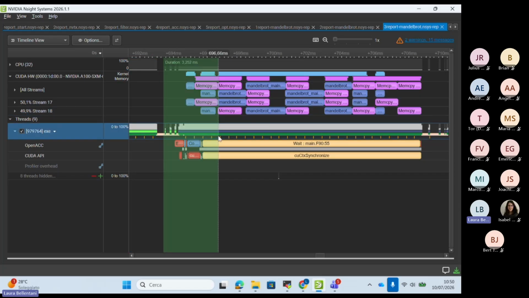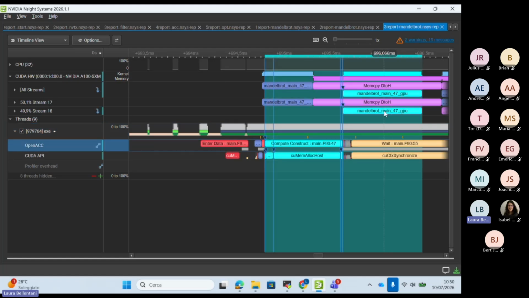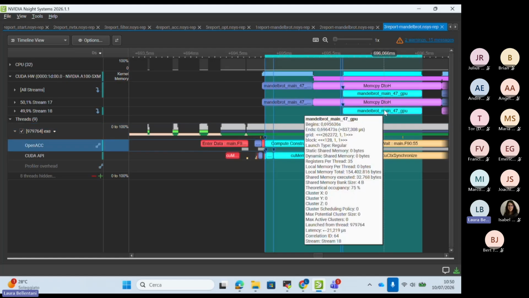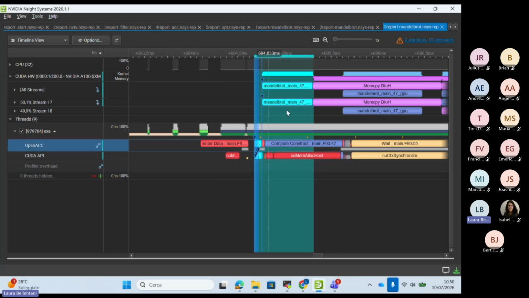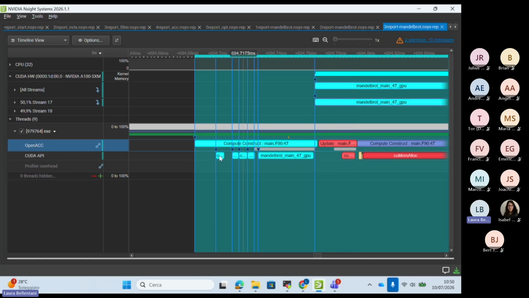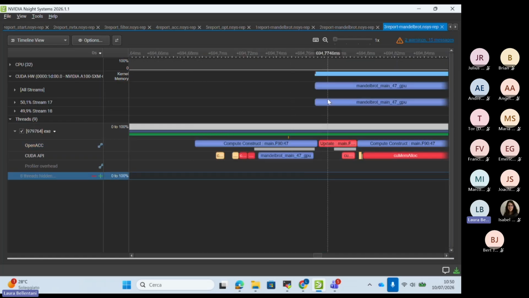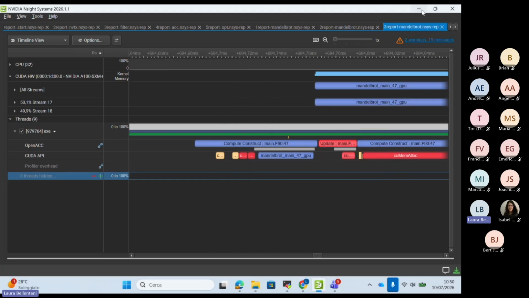You also see that now our compute construct launches the kernel asynchronously, and it does not call any wait status. So here you have the compute construct. This is asynchronous, no wait status, okay? And the operation is executed on the GPU far away, let's say not exactly here in the compute construct region.